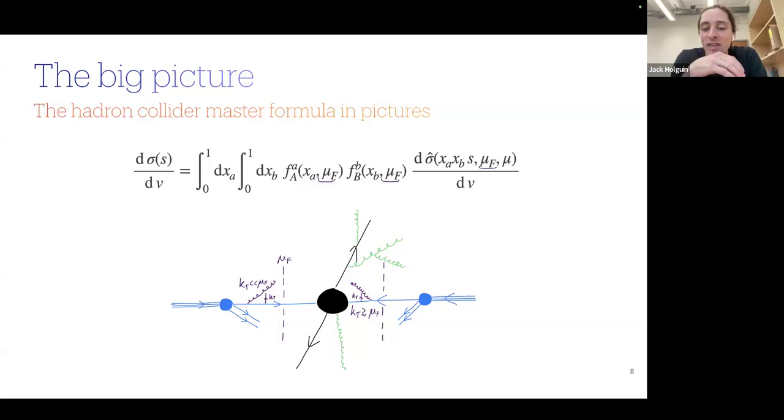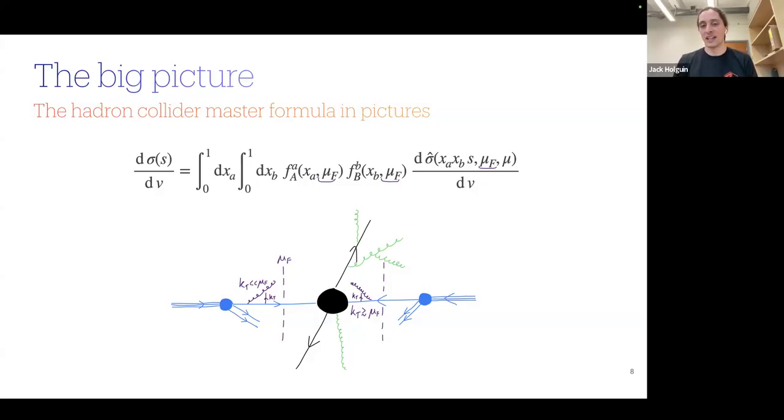Okay, so the gluon on the left-hand side here has a transverse momentum less than the factorisation scale, whereas the gluon on the right-hand side, I've drawn it within our partonic process, the dashed lines either side of mu f, and that has a transverse momentum higher than the factorisation scale. And so this factorisation scale is basically saying that very low transverse momentum particles we consider to be a part of the proton structure, whereas very high transverse momentum particles relative to the scale we're considering to be a part of the